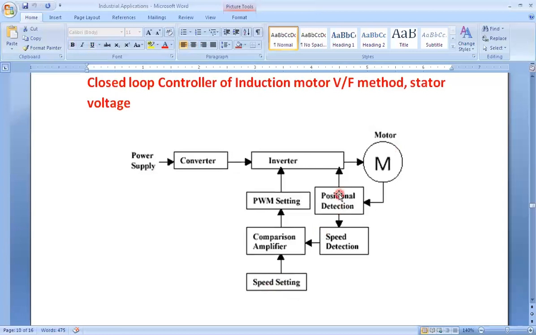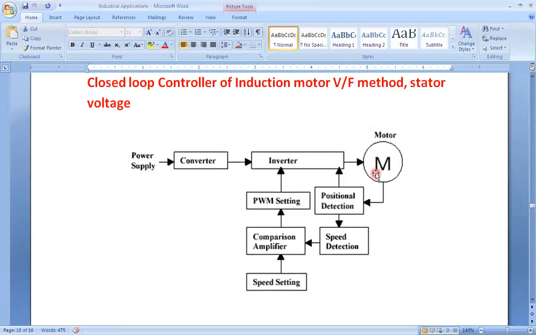This is a sensor, either an encoder or position sensor, like an IR sensor or other photo sensor. And according to that, using the controller, we can measure the speed of the motor. And by comparing this using the comparator, we can compare the desired and obtained speed. And according to that, we may create the gate pulses for the inverter. Okay, so this is the simple closed loop circuit diagram.